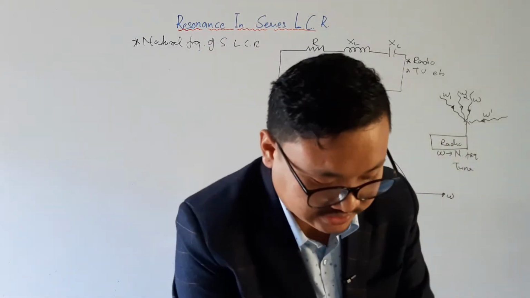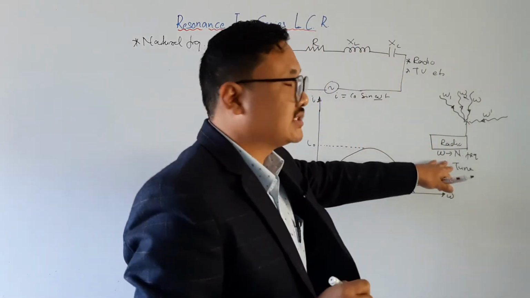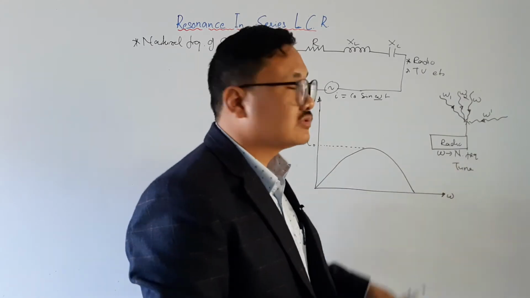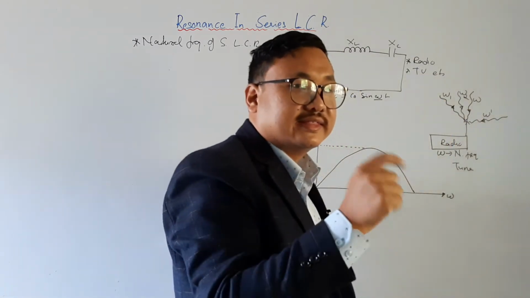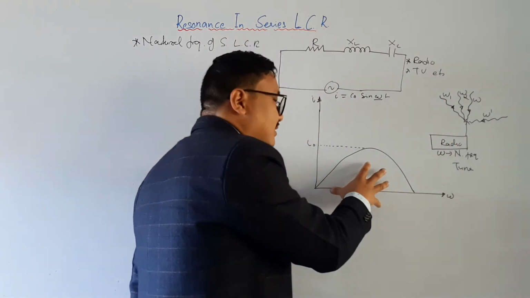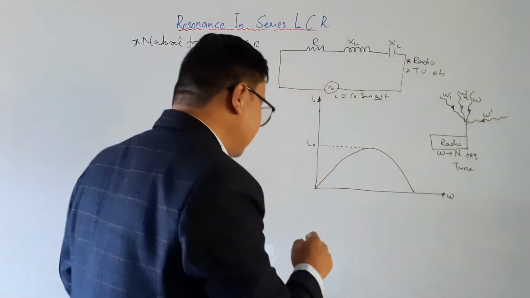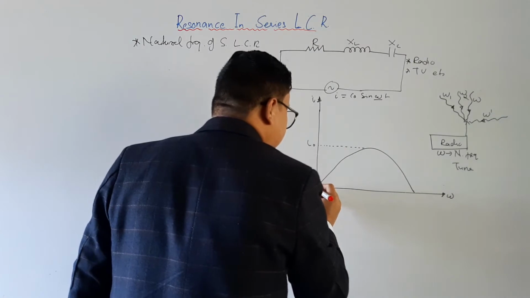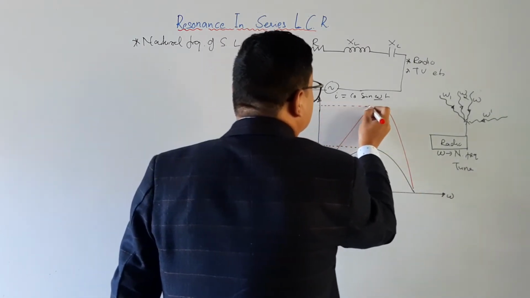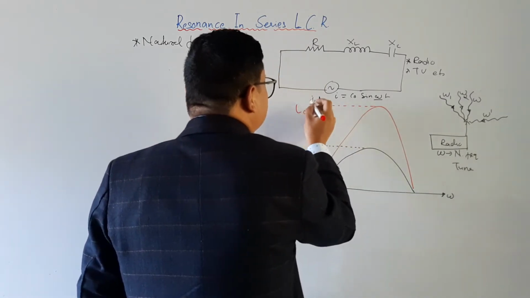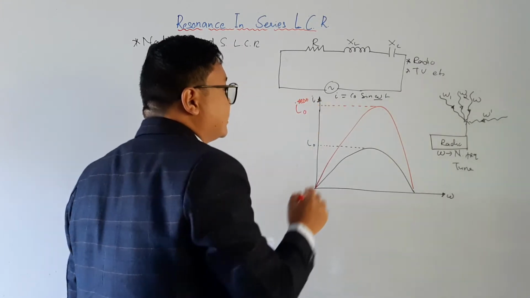So this is the situation here. This series LCR is oscillating with its natural frequency, and whenever this natural frequency matches with the radio signal coming to this circuit, at that time the current oscillating in this circuit will become maximum like this. This is the maximum in resonance. So this is I max. This is I naught, that is the maximum current in resonance. So this is the resonance.